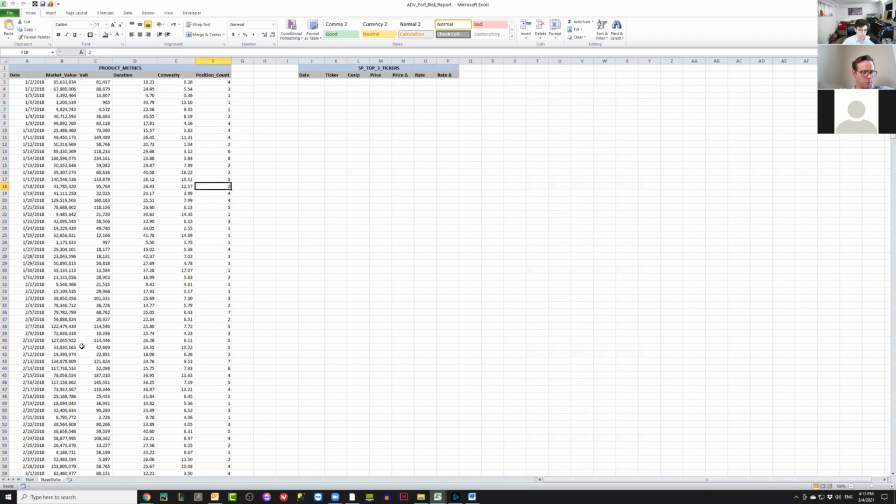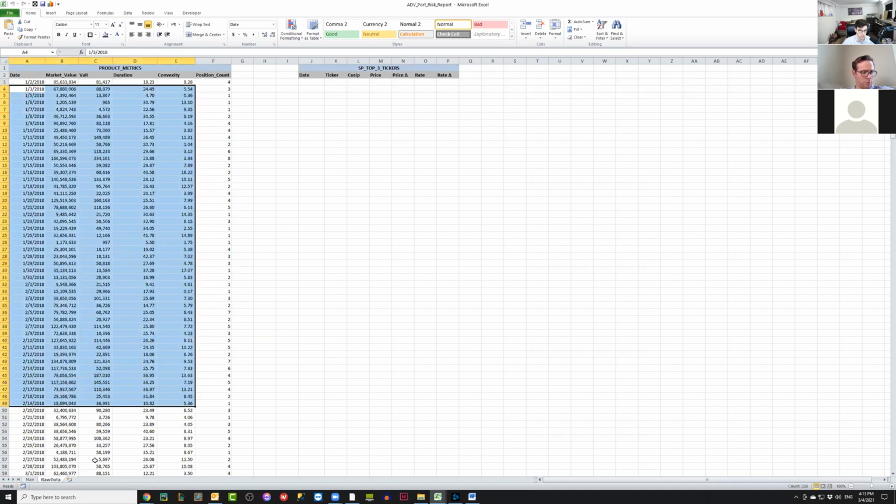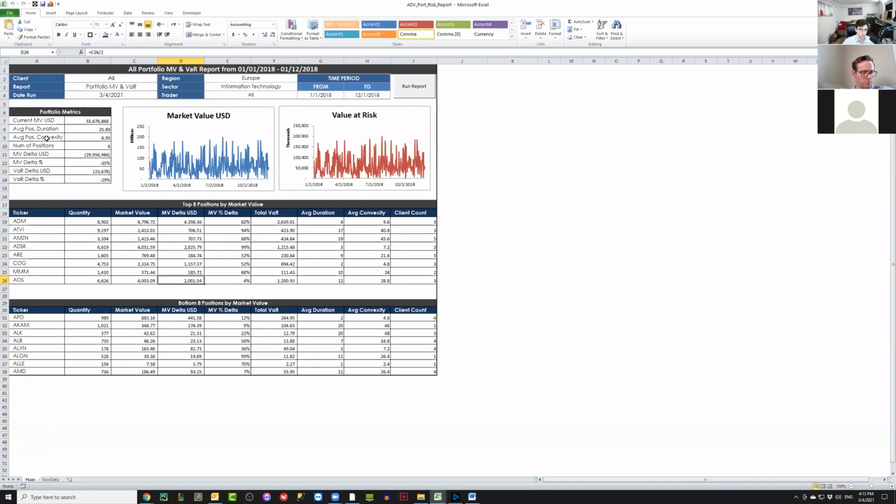So that's the raw data. That's when the database gets called, it dumps it here. And then, let's say, for example, the current market value. How do I know exactly what date to look for? So I'm doing a max lookup. It's finding me the max date, and then it's looking at the raw data tab, and it's looking at all the market values and selecting the market value that had a max date.